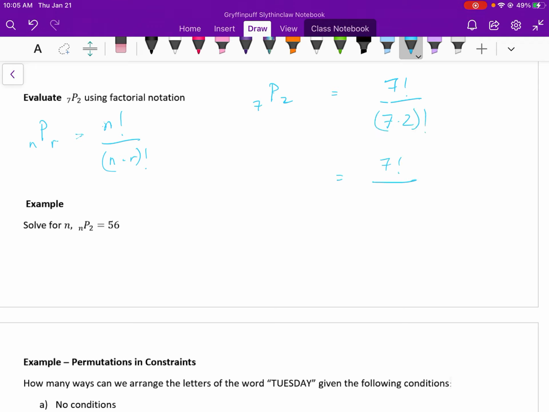So really this is 7 factorial divided by 7 minus 2 factorial, and this is 7 factorial divided by 5 factorial. I'm going to start breaking this down into factors: 7 times 6 times 5 times 4 times 3. But really,